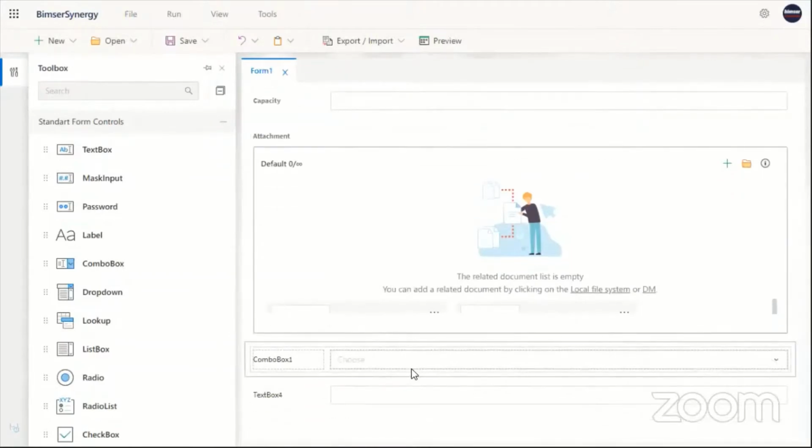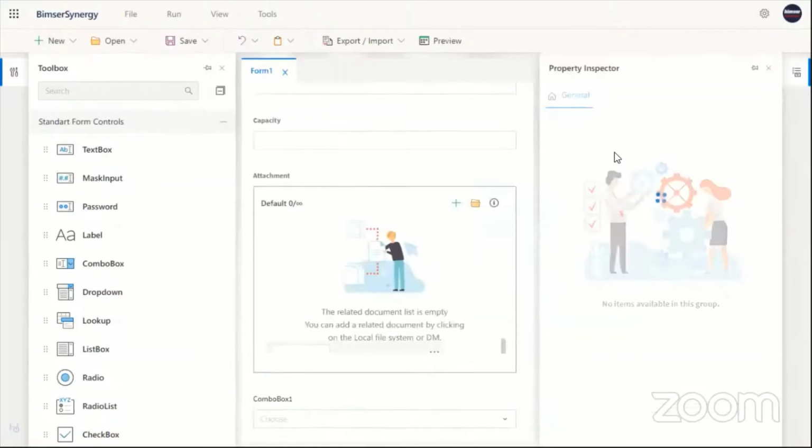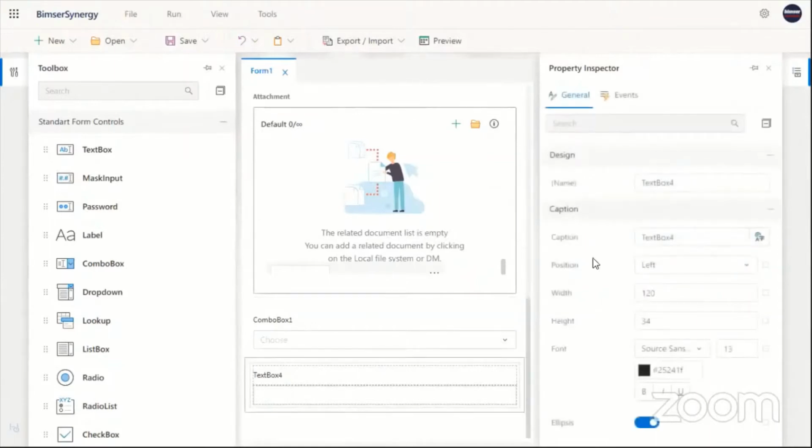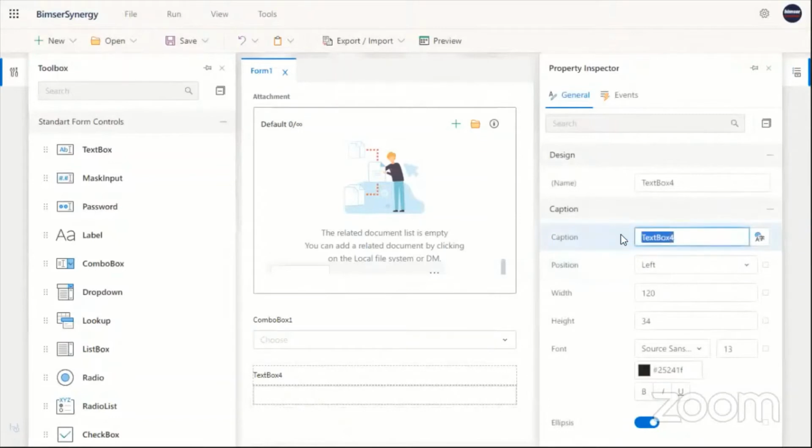And the position of your fields will align in the form automatically. In addition, we can double click it and start managing the properties of our fields. For example, the caption that we want to have, like for this one, now it is text box 4, and now we want to call it like